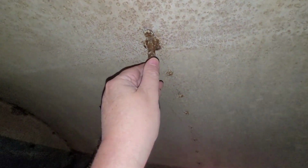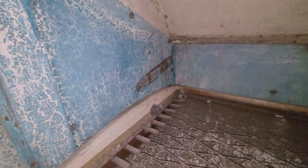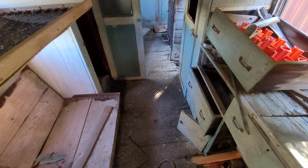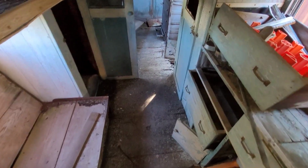Once again, you come up here. Notice the hinge assembly there? That's so this entire bed can fold upward against the roof, and then see the big hook? Holds it up out of the way. I'm betting that somehow with this hinge assembly, it was set up where the cannon could go here. Now keep in mind the driver's a very small guy. I'll show you how small in a moment, but